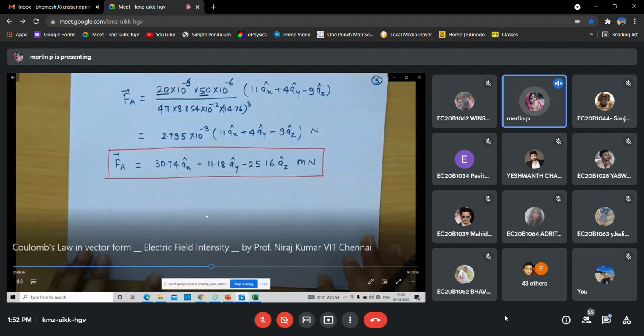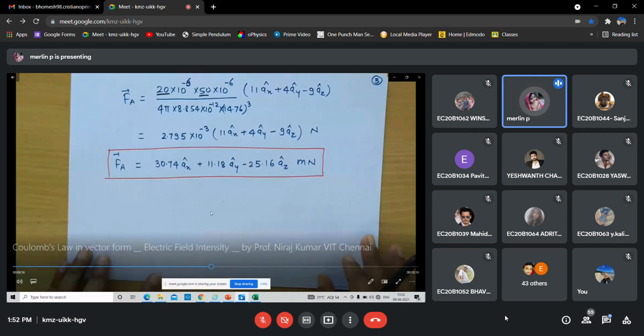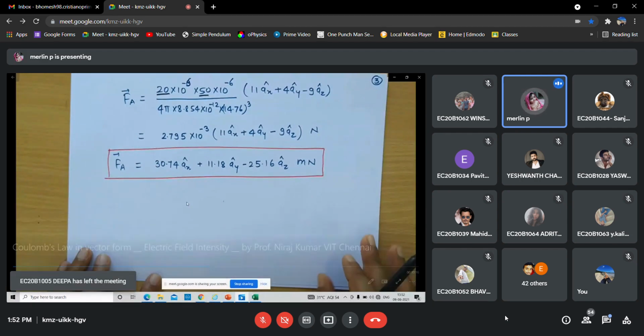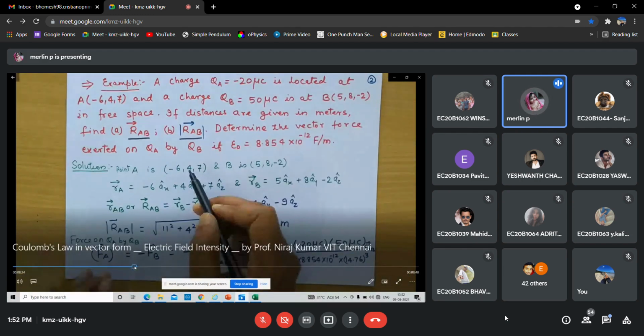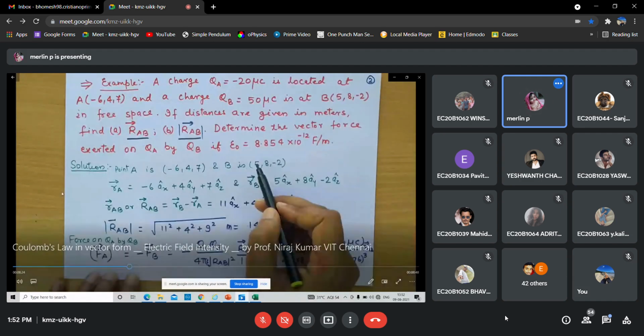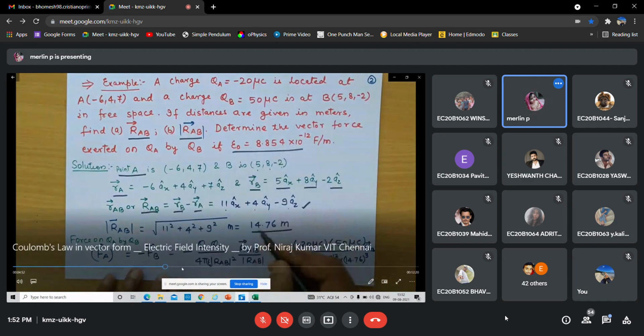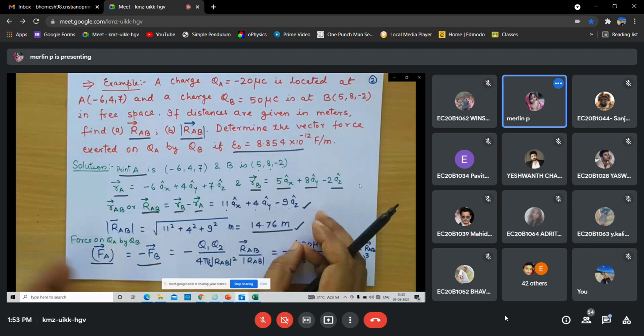For scalar you will get only the magnitude value, and here for vector you will get it in this form only: AX, AY and AZ. You work it out now and tell me whether you are getting the answer or not. You do this problem now. Students, can you do this? Yes, ma'am. What about others? No one is replying. Students, understood or doing, ma'am?